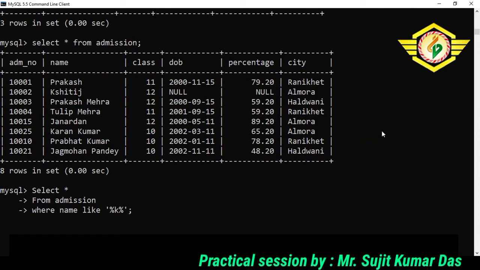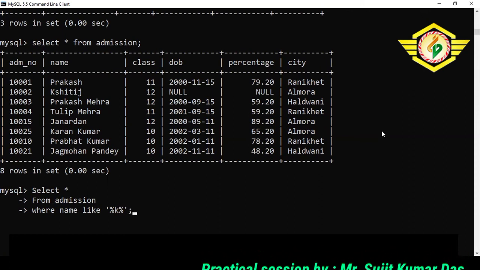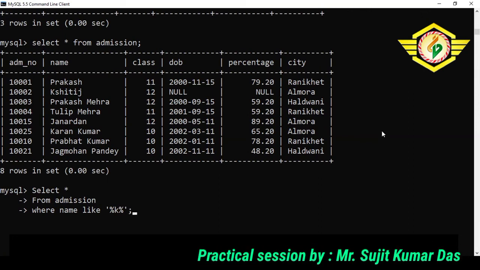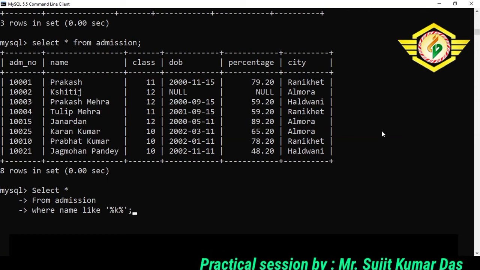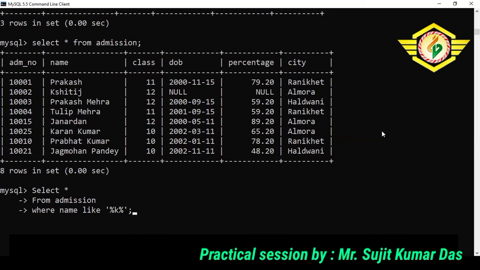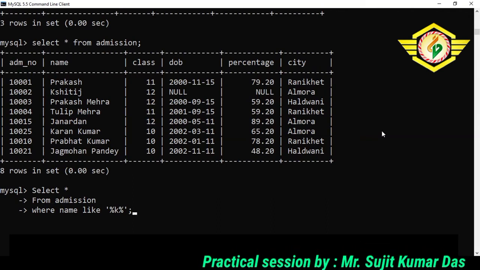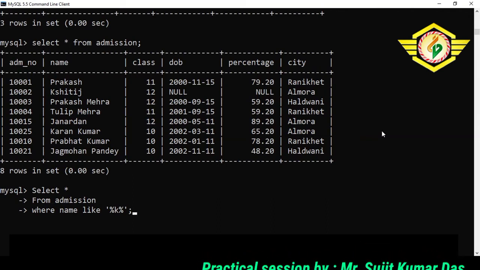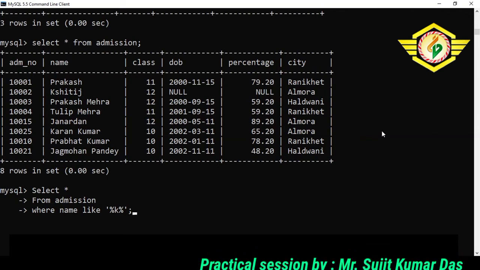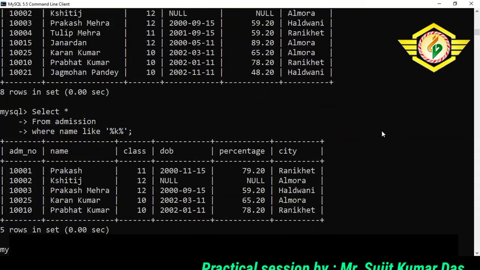How will you interpret this command? This means K can be anywhere. Percentage means 0 or more, so 0 or more characters can be before K and 0 or more characters after K. So these are the names that have character K in them.